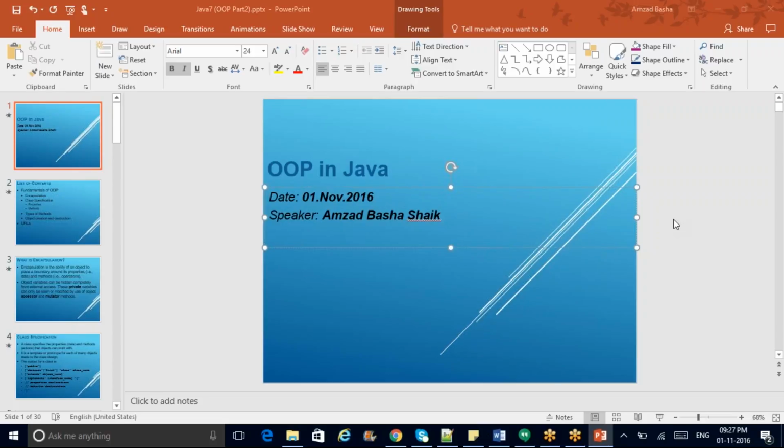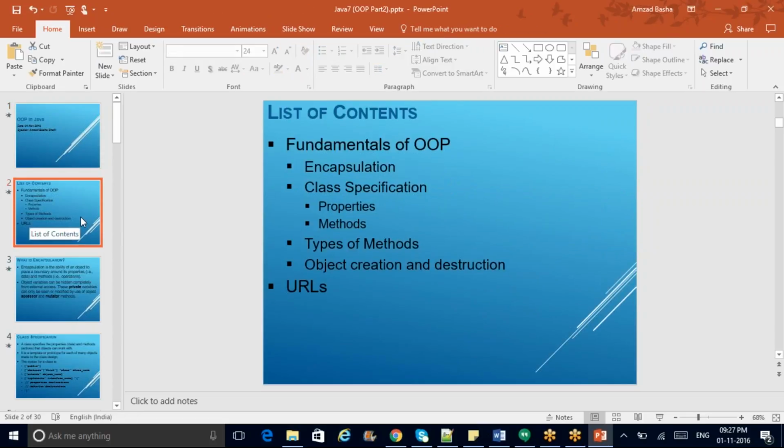So that's what we did yesterday. Also, in case we wanted to reuse the existing functionality, we extended the existing class by using a keyword called extends, which is known as inheritance, which is one of the important features of object-oriented programming, right? In addition to inheritance, there is one more important feature called encapsulation,